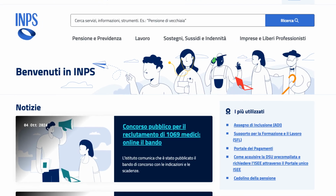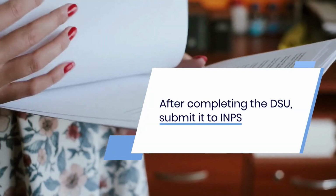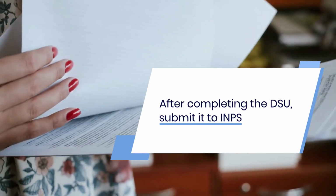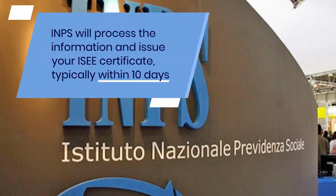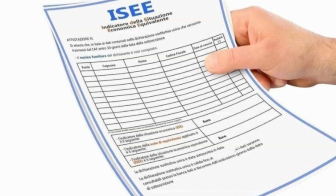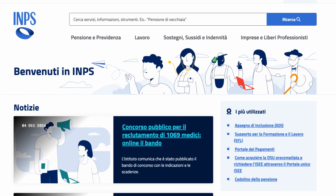You can fill it out online through the INPS website or with the assistance of a CAF, Centro di Assistenza Fiscale. Submit the DSU. After completing the DSU, submit it to INPS. INPS will process the information and issue your ISEE certificate, typically within 10 days. Obtain the ISEE certificate. Once processed, you can download the ISEE certificate from the INPS website or receive it through